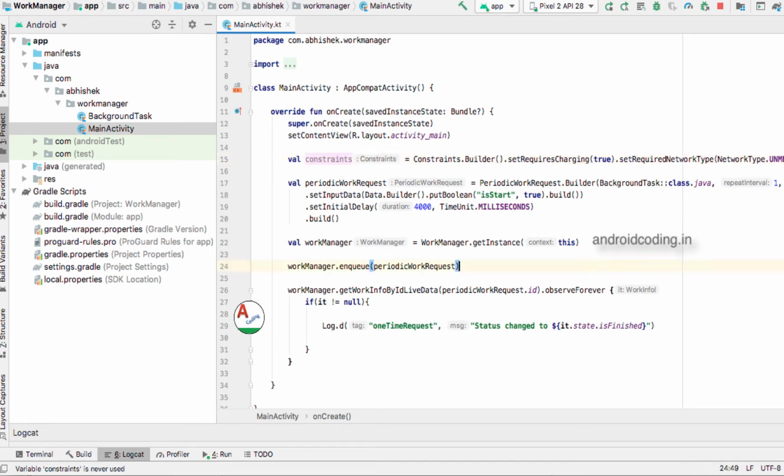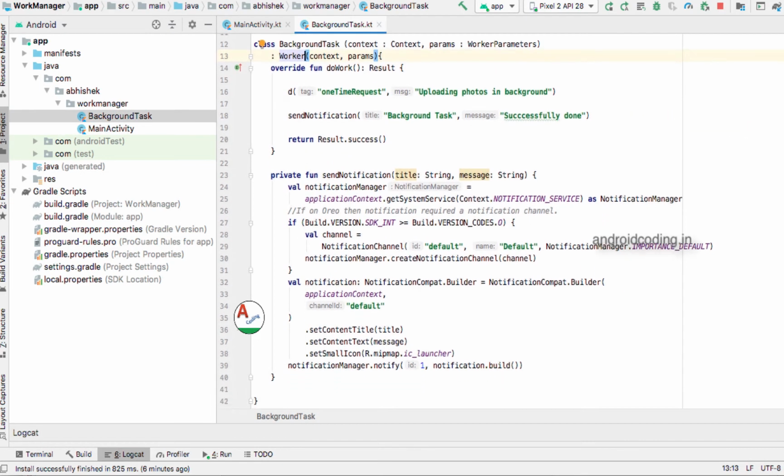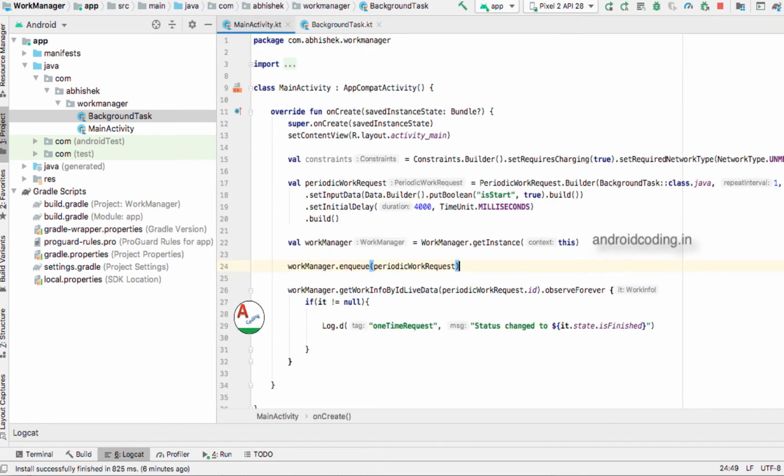Let's get into the example of what we are doing in a particular background task. Just consider the same example we used for the one-time request. Here also we are uploading images in our background task, but we are providing some interval of time. In this task I want to show you the real-time usage. So let's get started by running the code.